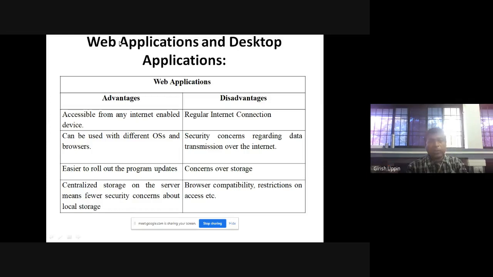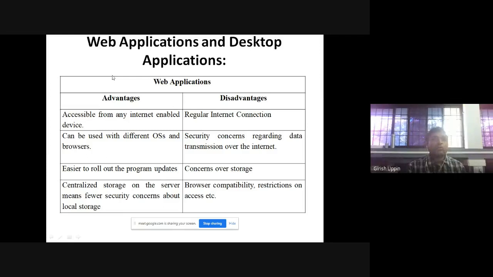Web application: predominantly we saw the elements of the web application. You will need a web browser. Then we have a URL, HTTP. You have the web servers which will respond. These are the essential elements. And when you are connected to the internet, with any web application, if you have a browser on a laptop or any other device, you can work with the web applications.